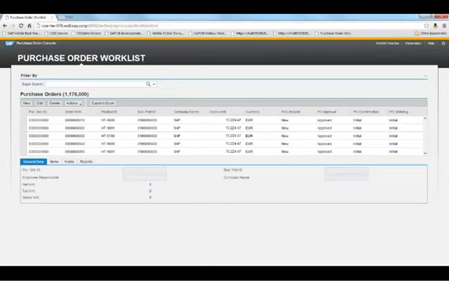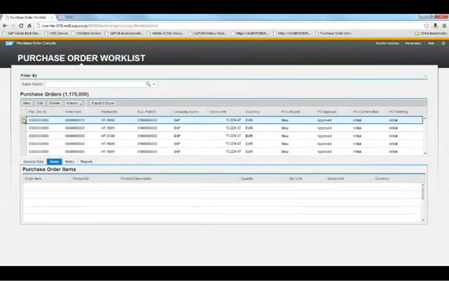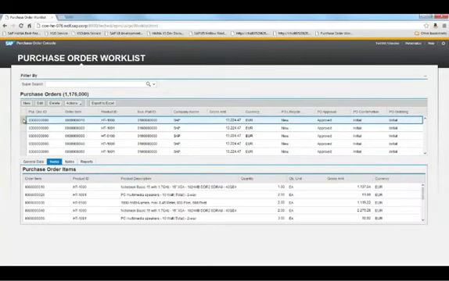Let's begin by looking at the application itself. So what you're seeing here is a purchase order work list. The user interface is built in SAP UI5. We see that we have a relatively large amount of data, over 1 million purchase orders represented. And if I select a particular purchase order, you'll see that the item records get loaded for that associated purchase